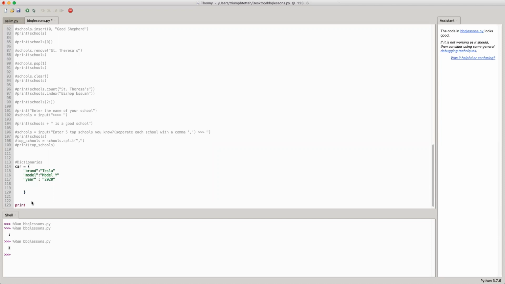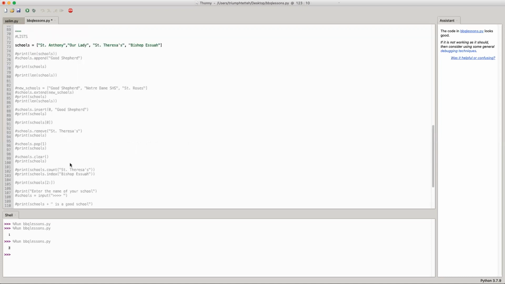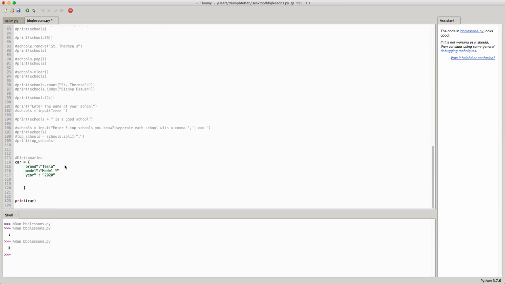So a dictionary will have a key and it will have a value. Brand is a key, Tesla is a value, model is a key, Model Y is a value, year is a key, and the year is a value. If I print car,